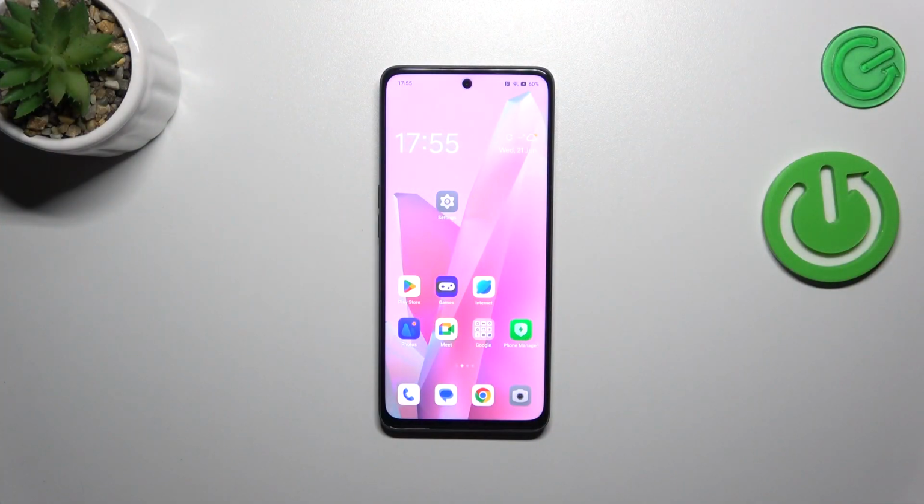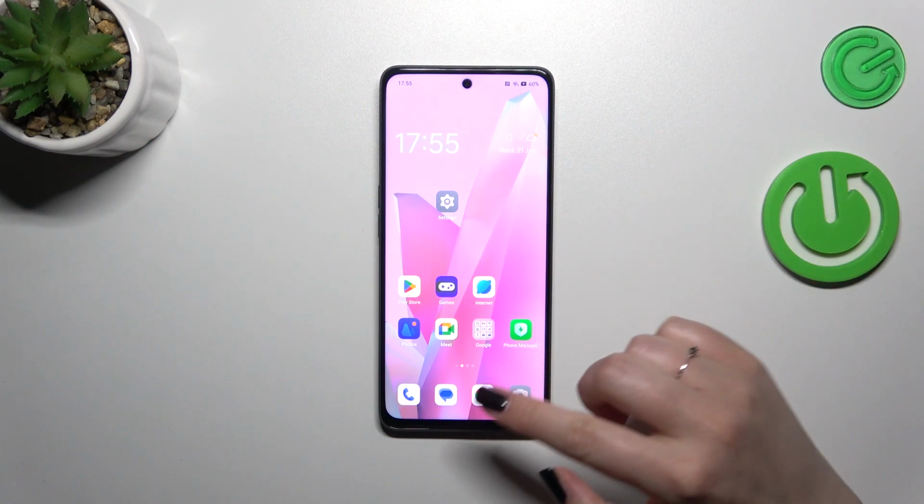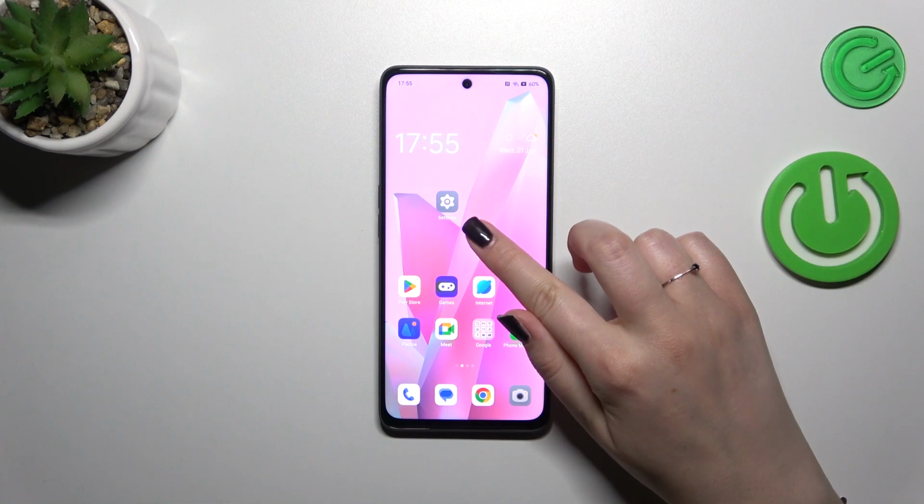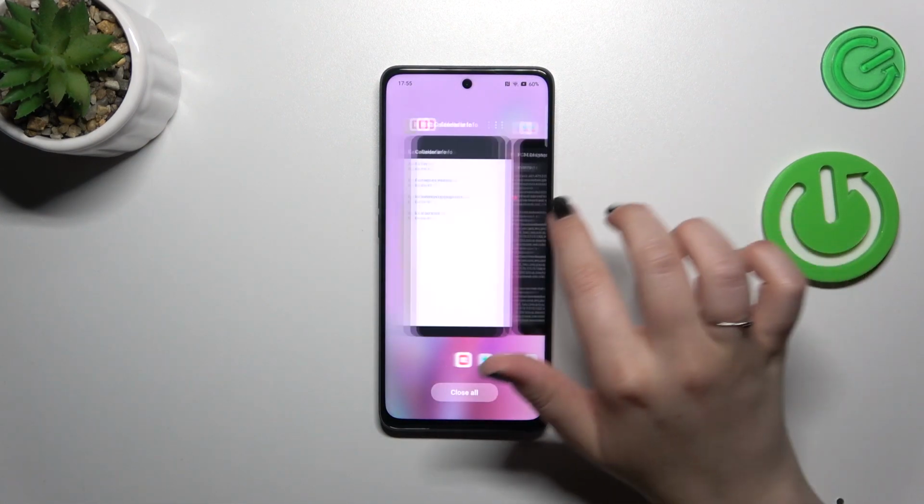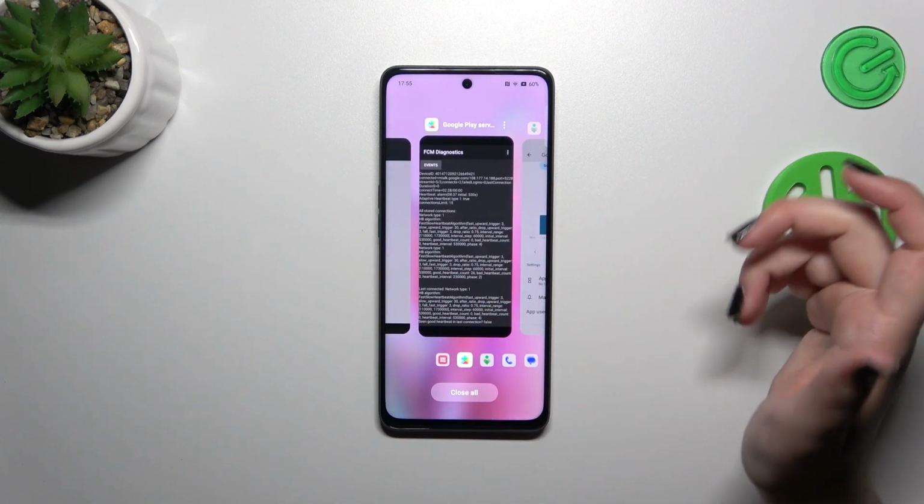So first of all, we have to open the recents, and depending on what kind of navigation type you've got set, you can do it differently. If you've got 3 buttons navigation, just tap on the button with 3 bars icon, and if you've got the gestures, swipe your finger from the bottom to the center of your device and hold your finger somewhere here, just like that. And after releasing, you can see that here we've got the recents, and basically all you have to